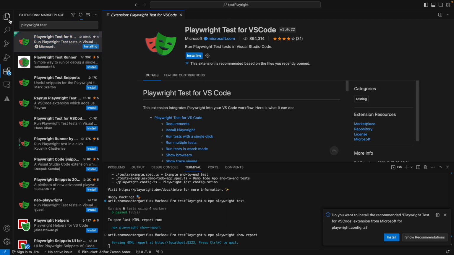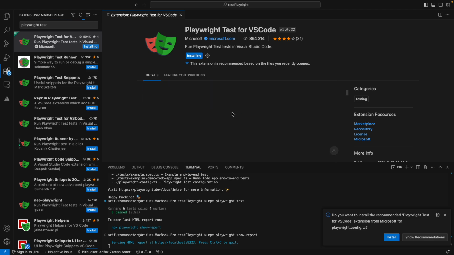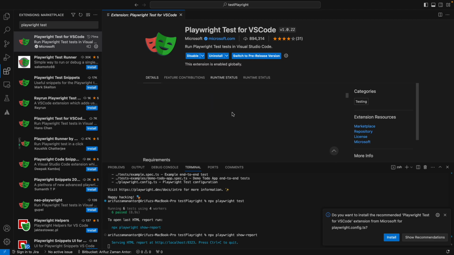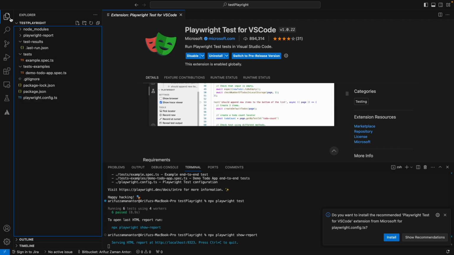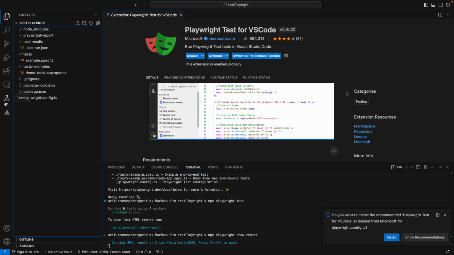It will be installed in a few moments, just waiting for it. Once it's installed, there will be some features, so we don't need to use commands. We can click somewhere and it will give us the best way to use Playwright,